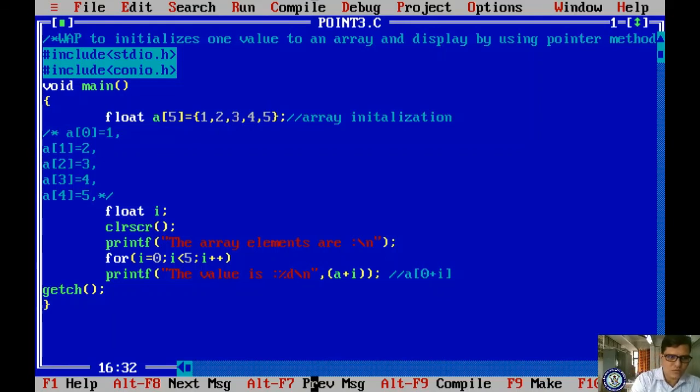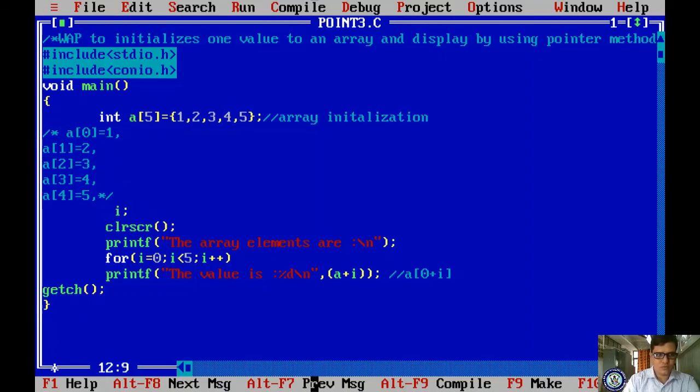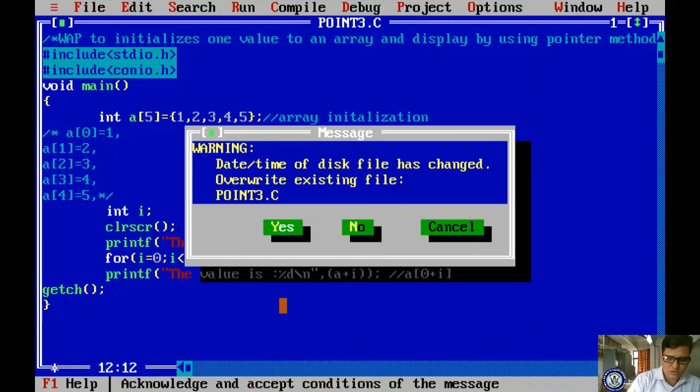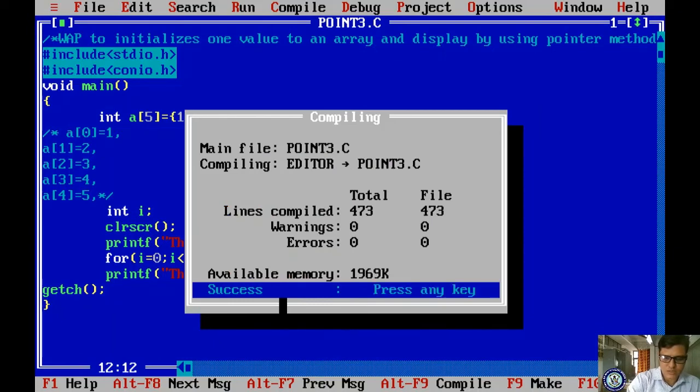Okay, now save it. Here it is also float, we are supposed to make it as int. Okay, yes, int, and here it is also int. Clear? Yes, that's it. Now save it, compile it and run it.